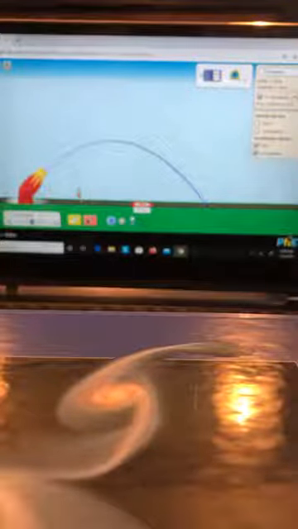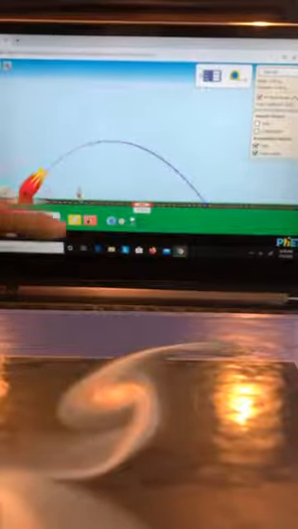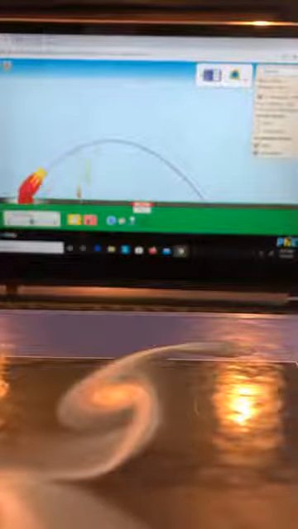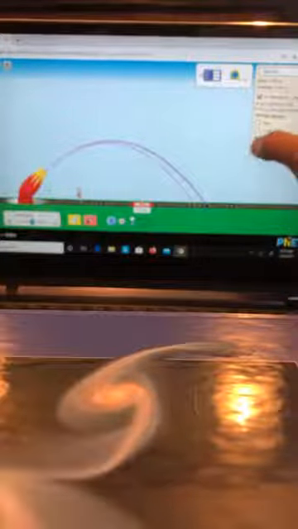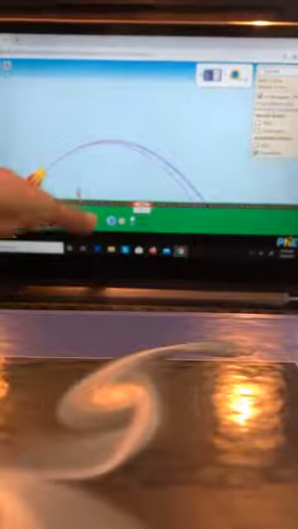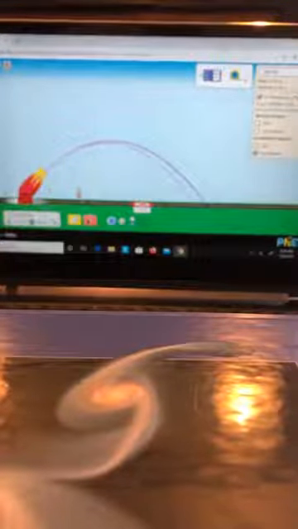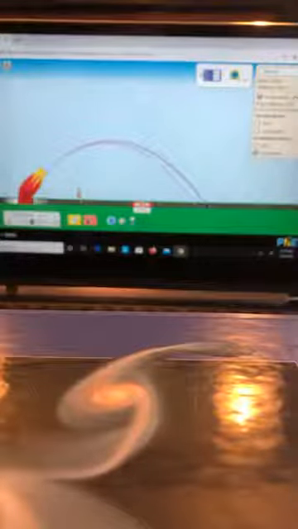So let's try a different object, maybe a golf ball, and let's see what happens. Let's explore. You see? It has now significantly changed. Now let's see only the components. What happens? Let me fire again. There is not a significant acceleration component in the horizontal direction, so that's why it is not showing here.